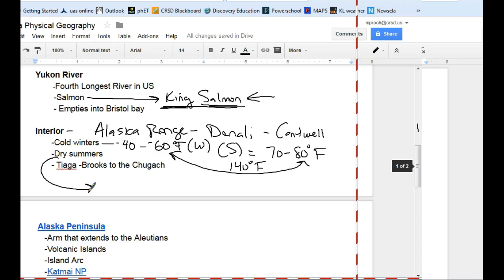But really important as well is we live in a taiga, which is a type of forest where it's just spruce trees, moose, and very little else. We have some caribou, but it's really hard to survive in these extreme temperatures that we live in. Not a lot to eat, not a lot of people, so we tend not to see much diversity here. Very little diversity in the interior. So let's keep going here.